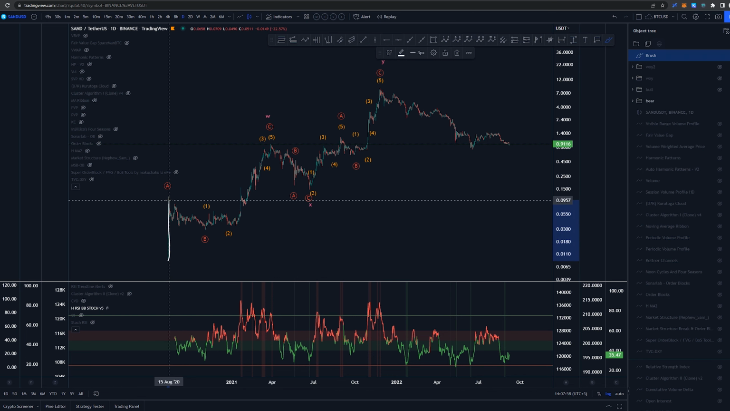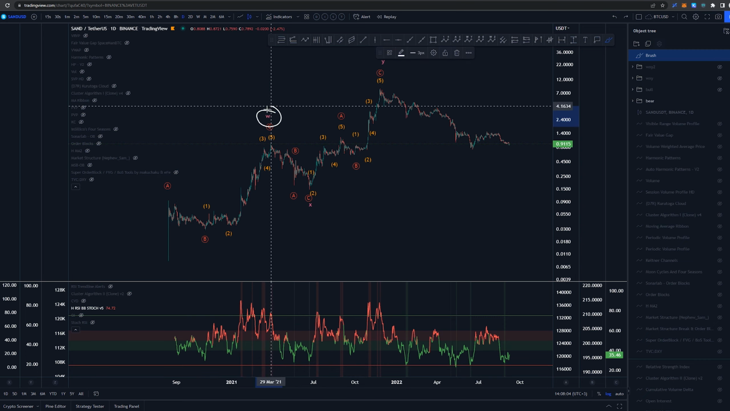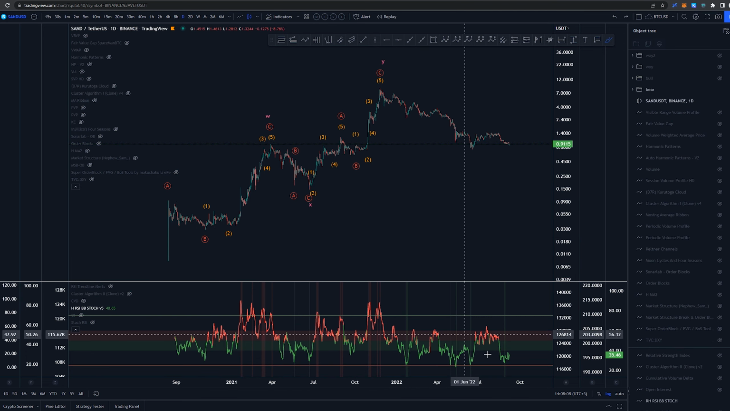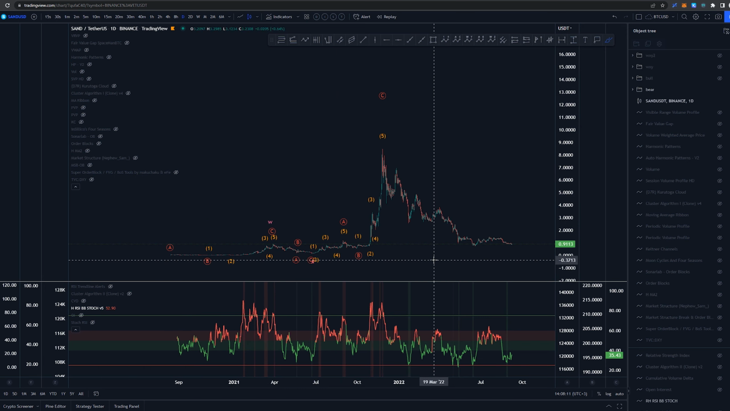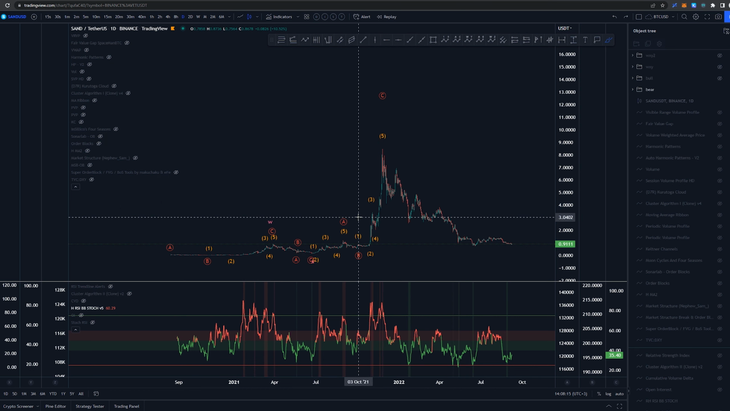Basically, only on logarithmic scale this looks good as an A, B and C into W through a pullback into X and then A, B, C into the wave Y. However, if we are looking at arithmetic scale, we can see how much the wave Y here actually took off